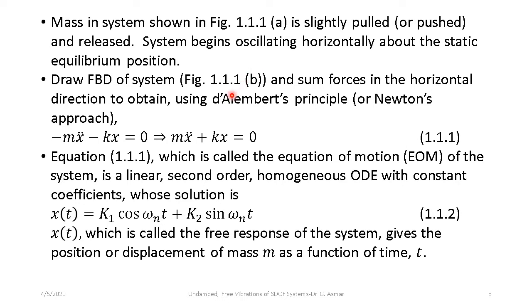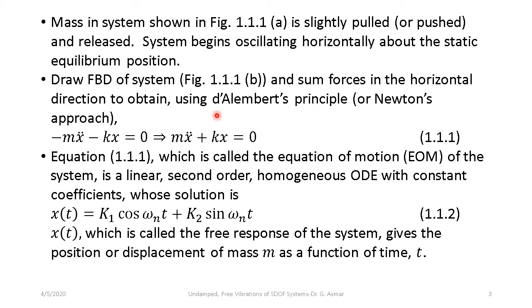We draw the free body diagram of the mass, and the forces acting on the mass are its weight, mg, acting down, the reaction from the support N acting up, the force from the spring on the mass kx acting to the left towards the origin, towards the equilibrium position,